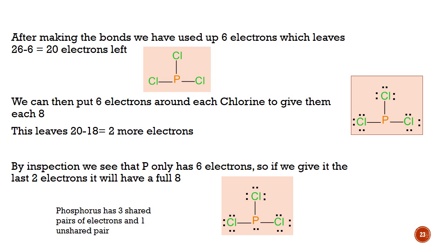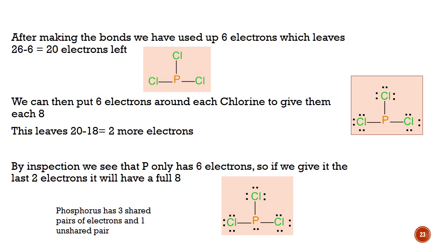All right, now we can see by inspection that each chlorine's happy. We just gave it 8, each one of them 8. But the phosphorus still only has 6 electrons. It wants to have 8. We have 2 more, so they belong directly to the phosphorus, and so you can see the Lewis dot structure there on the bottom. Phosphorus makes 3 shared pairs of electrons, 3 bonds, 3 shared pairs, and phosphorus also has